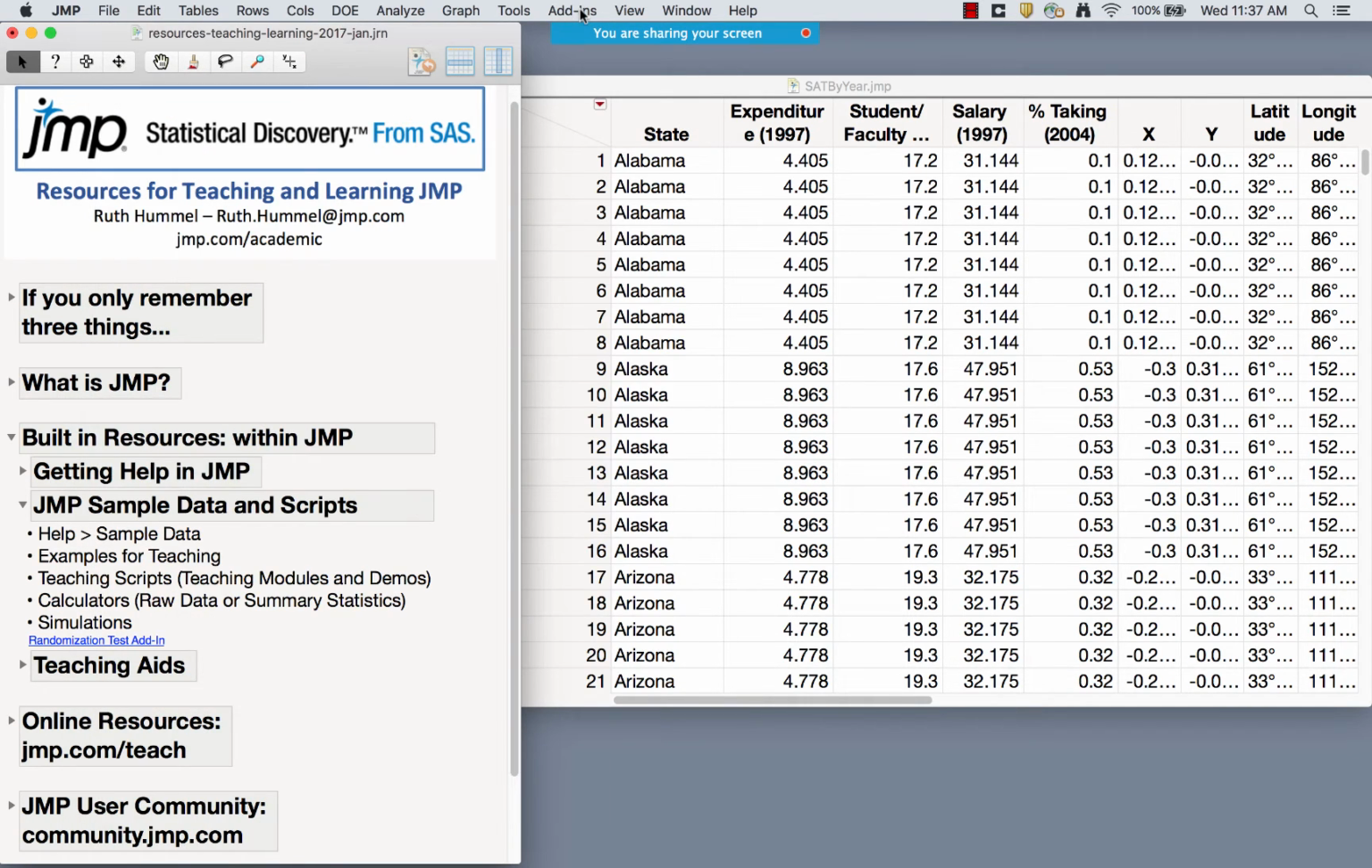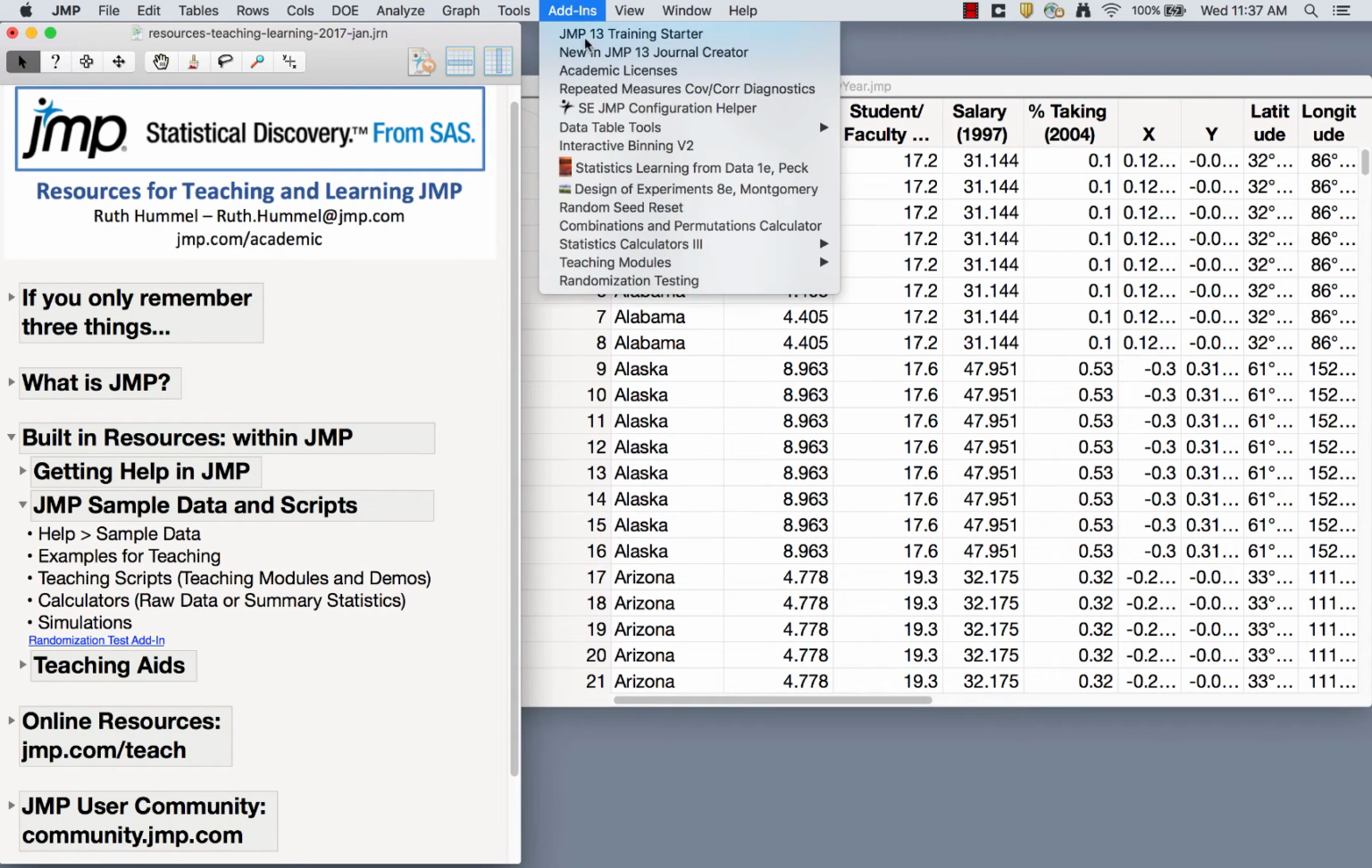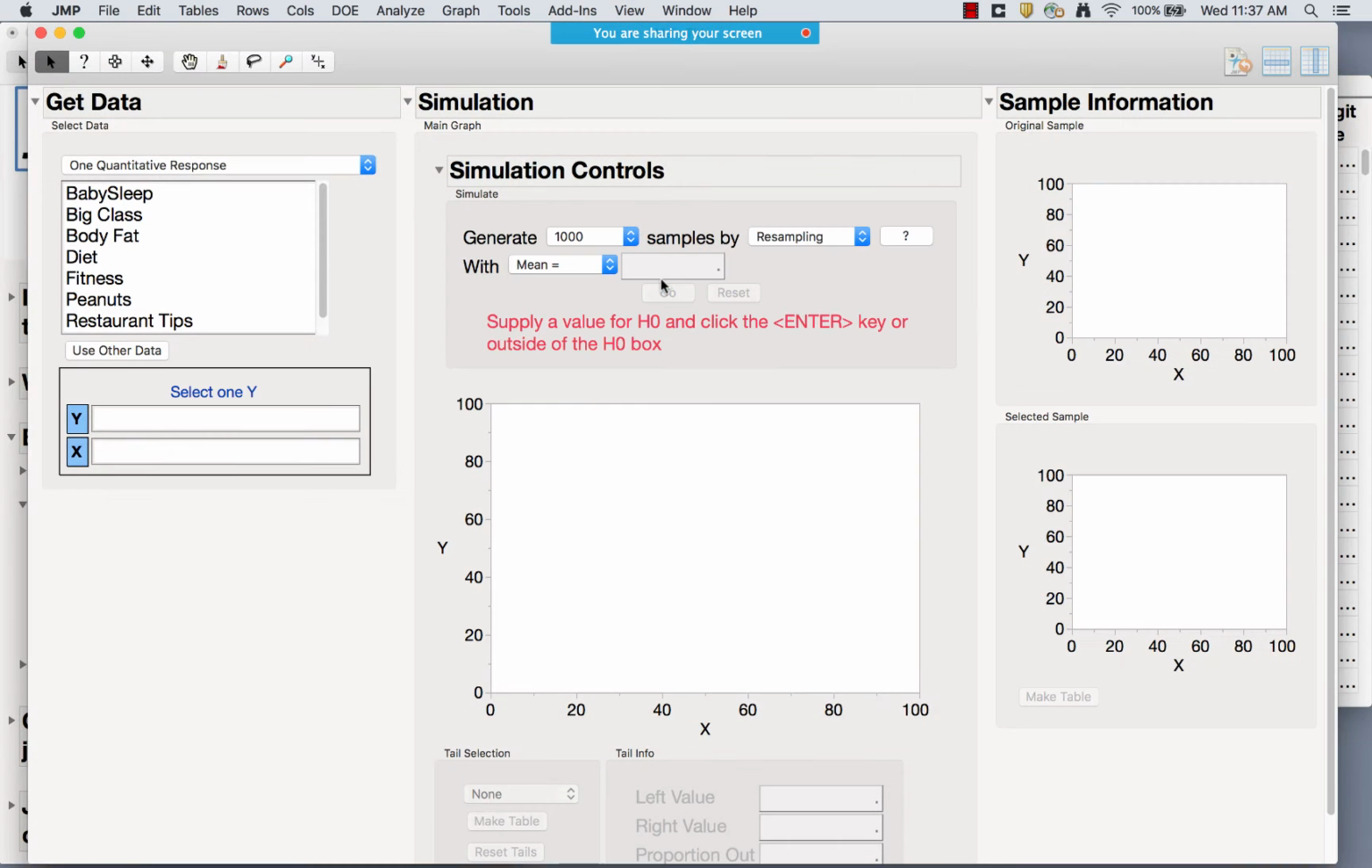Sometimes add-ins will include buttons and options to choose. And so as you become more comfortable in JMP, and especially if you're using the JMP scripting language, you might start creating your own add-ins, and you can share them on our JMP user community, and we would love that. And you can also search for other user-contributed add-ins on our user community. One of the add-ins that's available in our user community is this randomization test add-in. So I definitely want to show you this one. The randomization test